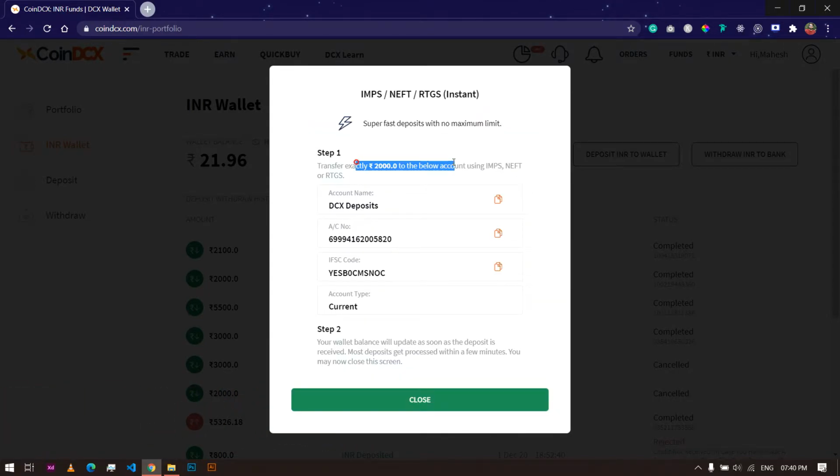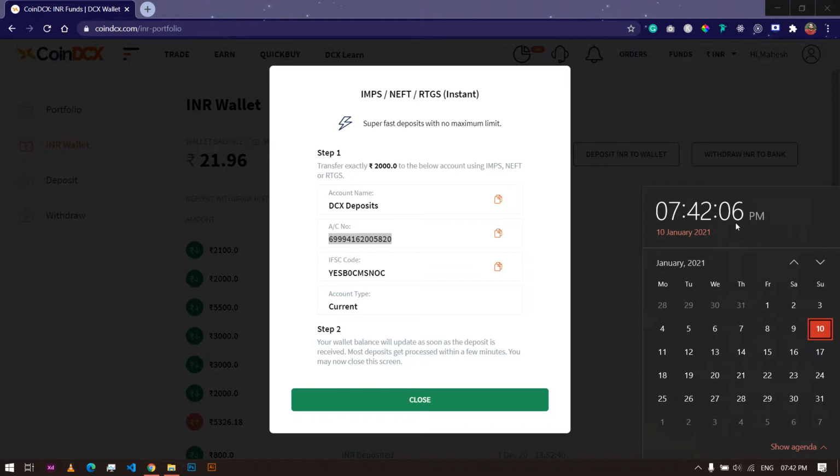So here you can see transfer exactly 2000 rupees and you have to transfer to this account number and IFSC code. So you can transfer using UPI or any platform like Google Pay, PhonePe, etc. So remember that you have to transfer money from the registered bank itself.